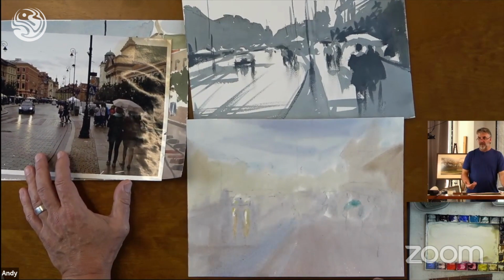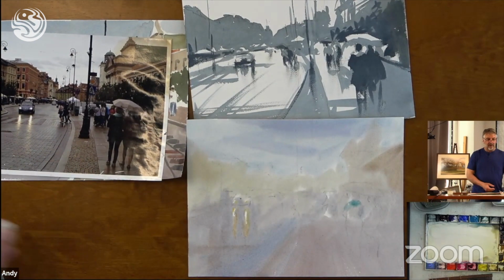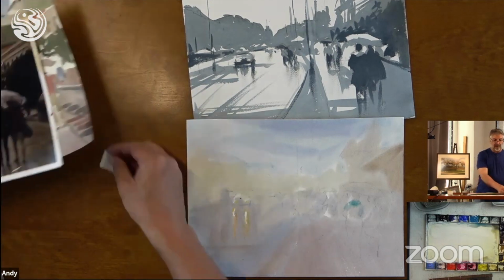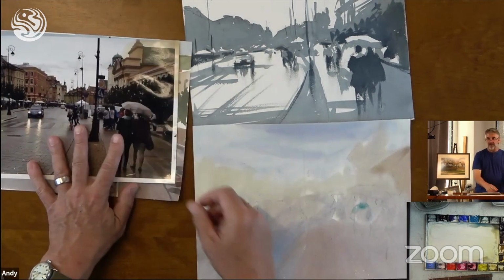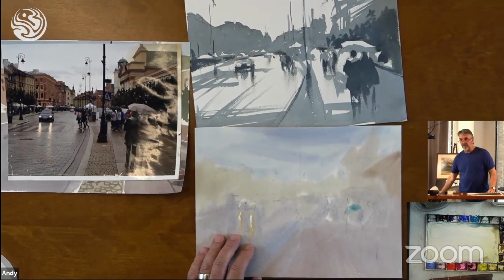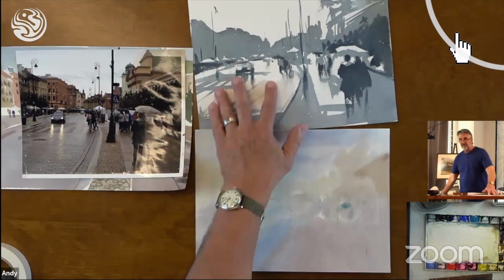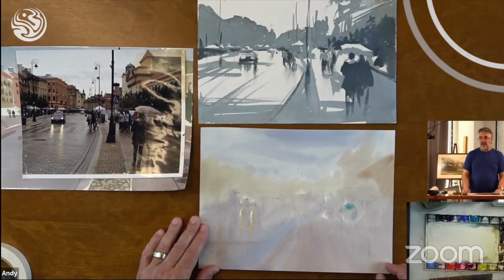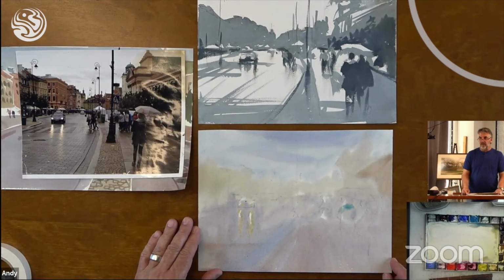So I've already created these shapes once in my mind's eye, and now I'm doing them for the second time on my color painting, not just for the very first time. And that allows me again to have that freedom, that confidence to paint fast. Like I was saying before, when you're painting loosely, you want to paint fairly rapidly,